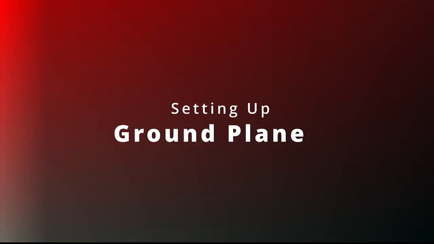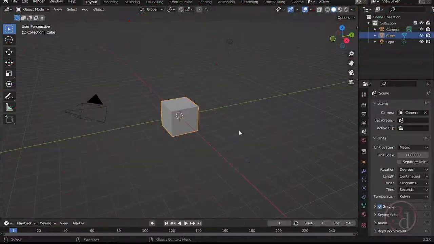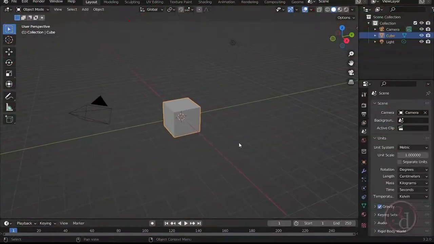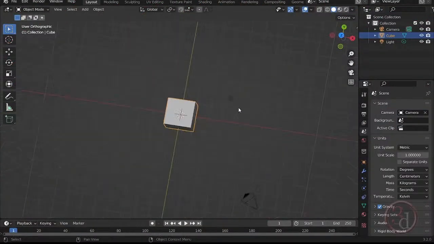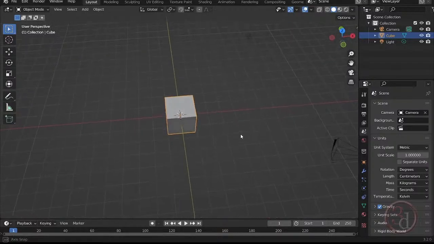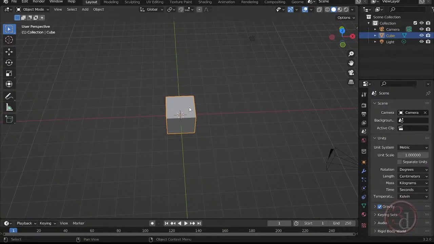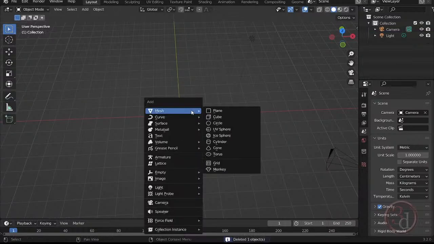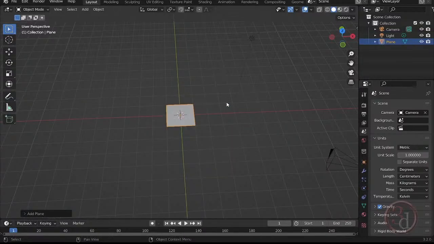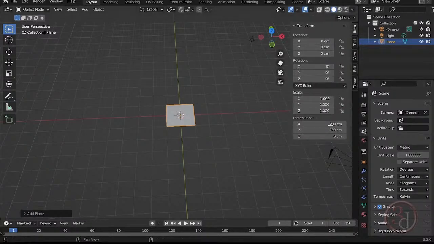Okay, so let's jump right into it. This is a new scene. I'll go to my top view and then I will select this. This is selected already. Let's delete this cube and I will create a plane, mesh plane, and then I will press N on my keyboard and let's adjust